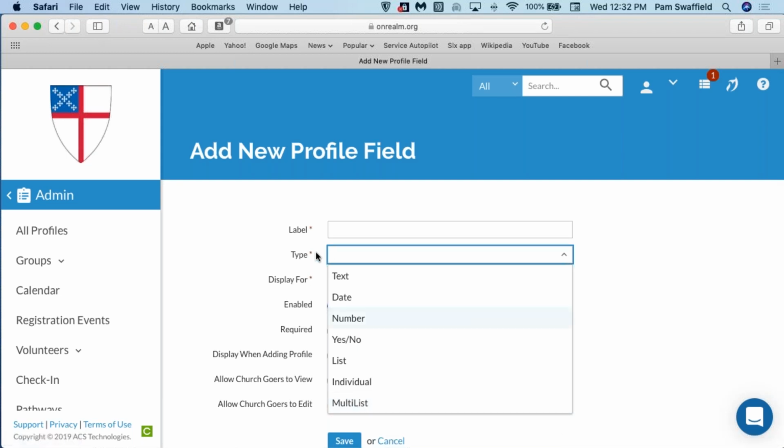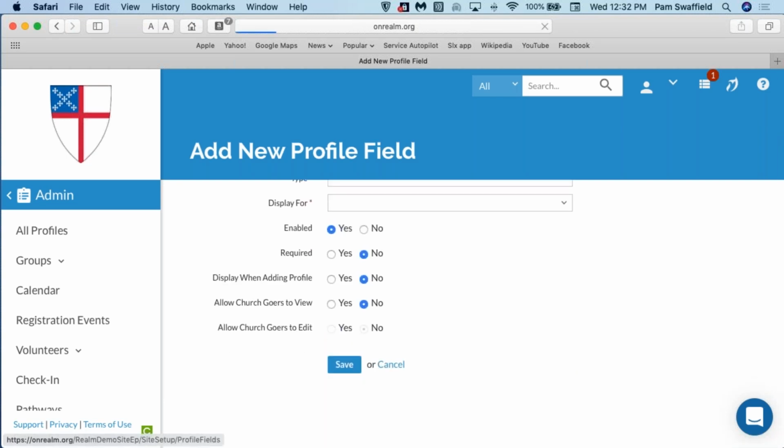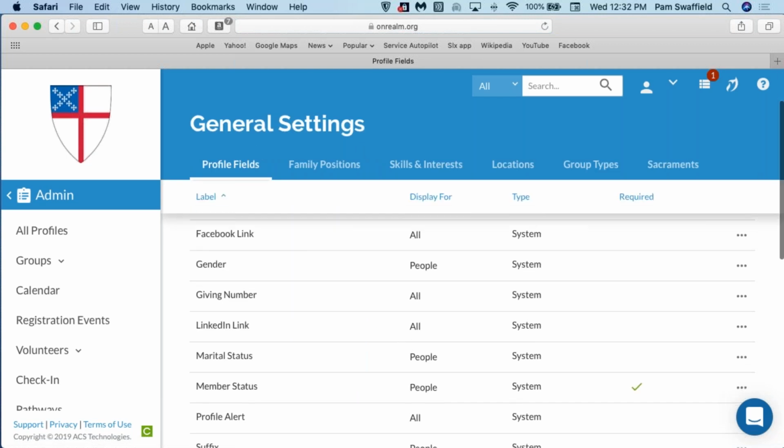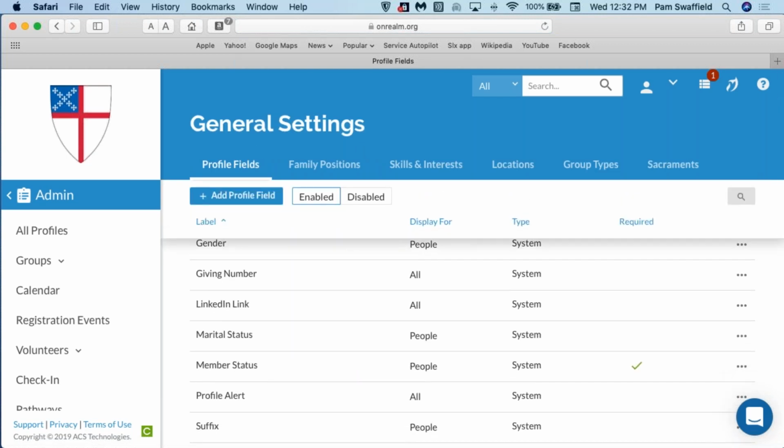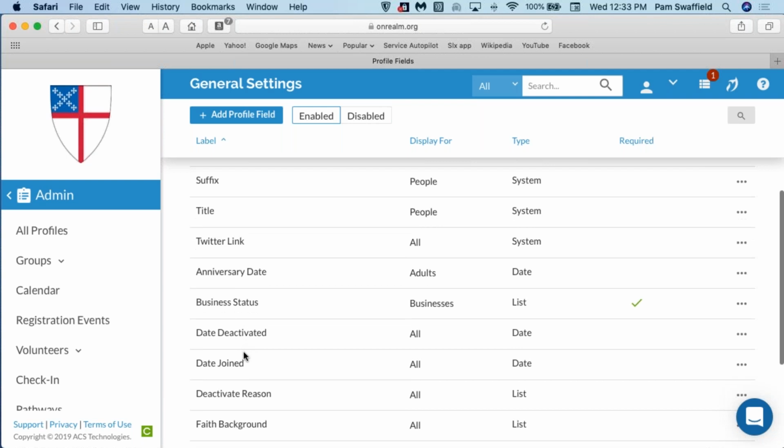So you get to create whatever field you want, and you're not limited to, like I was saying earlier, 6 date fields, 4 fields, and 12 list fields as we were in ACS. So that's to your advantage to create whatever fields you need. Now, I'm going to mention also all these other fields that you see here